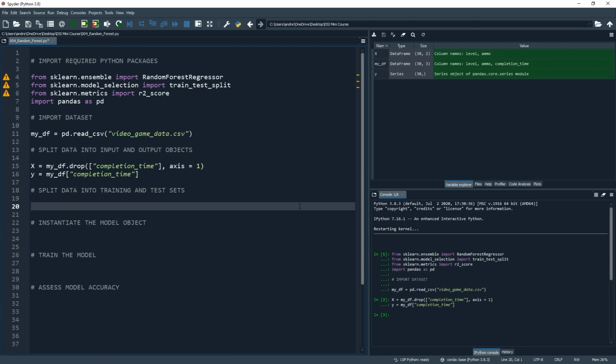Now, as I mentioned earlier, we want a way to reliably assess how good our model's predictions are. Building a model in a way where we can trust in its predictive abilities on new data is extremely important. A model that works well only on the training data but not on new data is almost worthless. We need to be able to rely on the model and understand what it will do when put into production. At a high level, model validation should be done in a way where we split all of our data into two groups, a training set that we use to train the model with, and a test or validation set which we use to get a true understanding of how accurate the predictions are on new or unseen data.